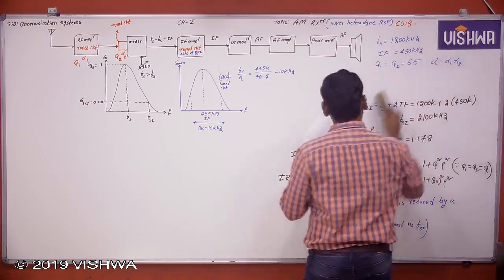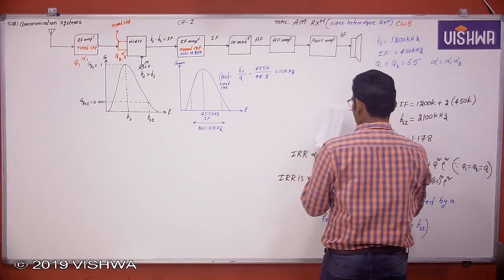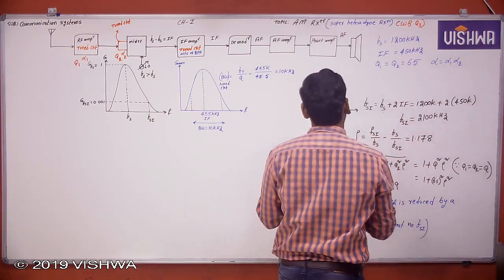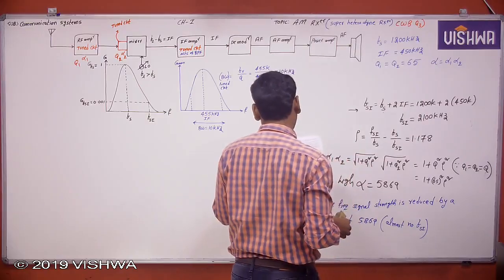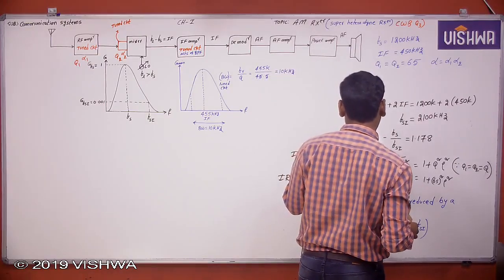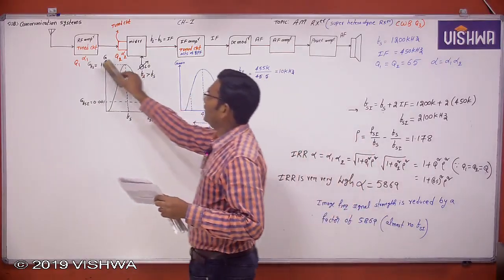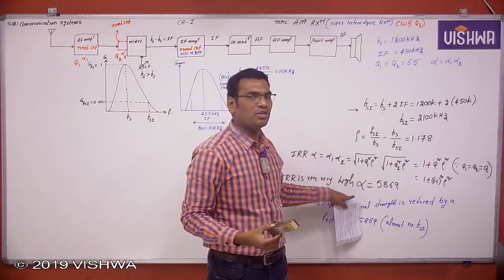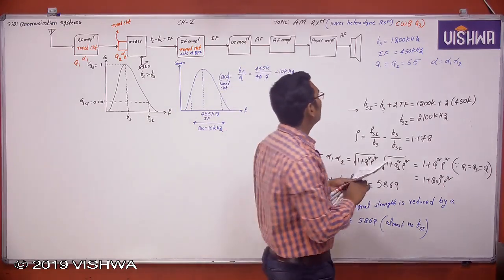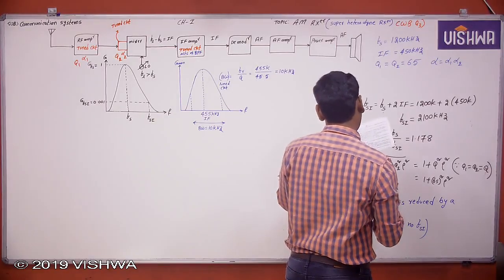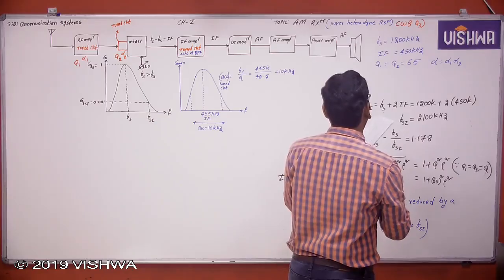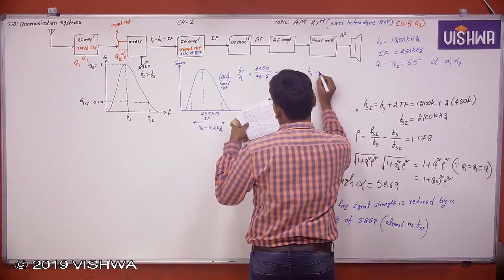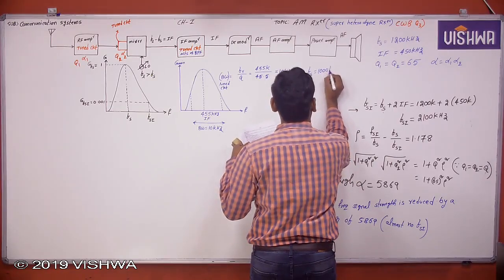Now question number 3. Classroom workbook question number 3. A superheterodyne receiver having no RF amplifier is tuned to, which means this stage is not there. If this is not there, I may expect that the image rejection ratio is not this much, it is less. So a superheterodyne receiver having no RF amplifier is tuned to 1000 kHz